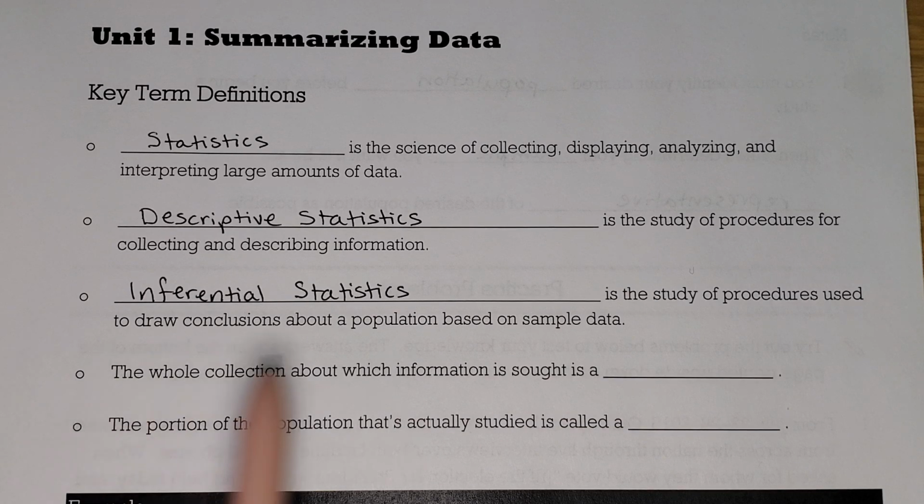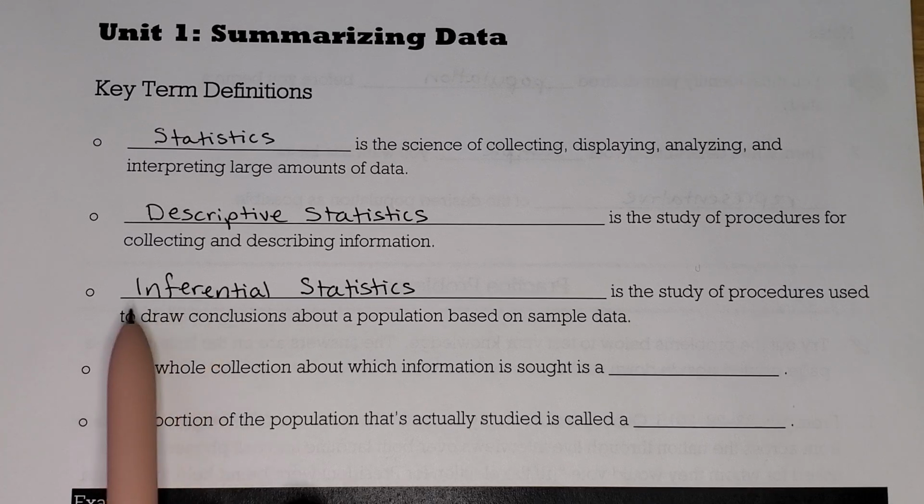The inferential statistics has this word infer in there. So an inference, or when you infer something, it's kind of like when you finish each other's sandwiches. So in inferential statistics, that's the study of how you make a conclusion about that big group based on a smaller group. So for example, if I wanted to know information, maybe not just the age, but maybe I want to know what kinds of jobs do people have in the state of New York,